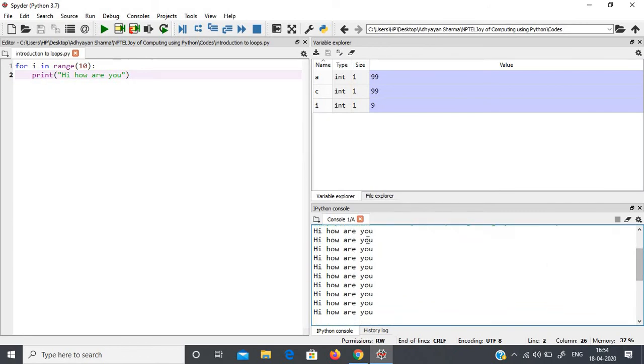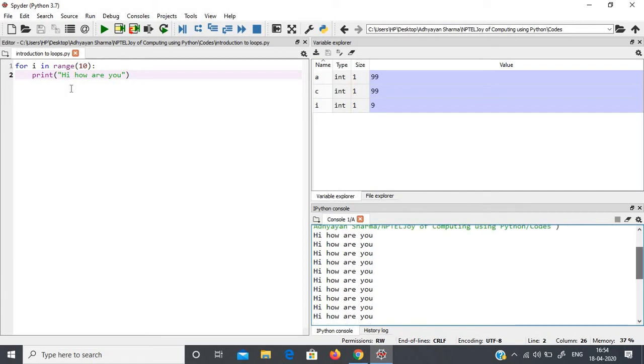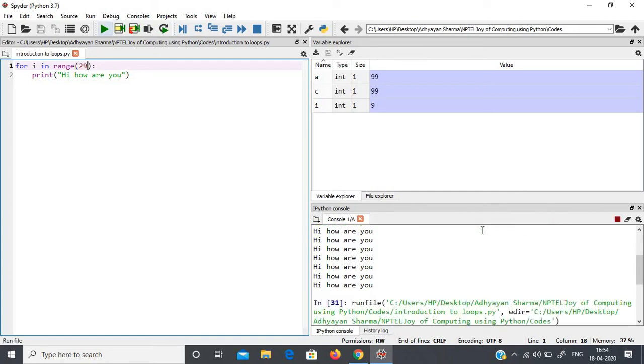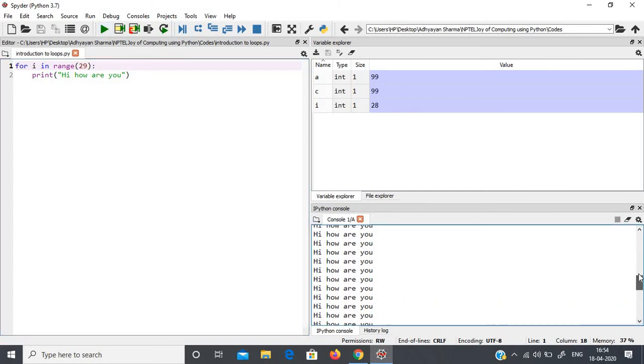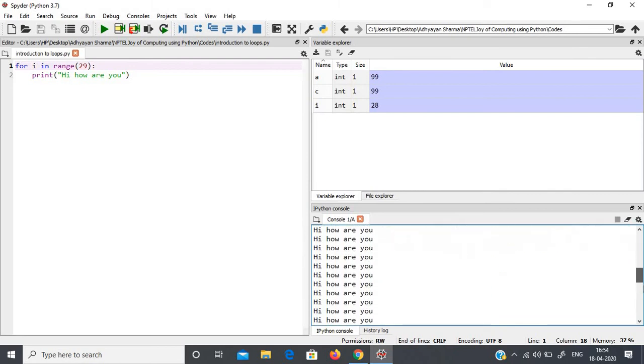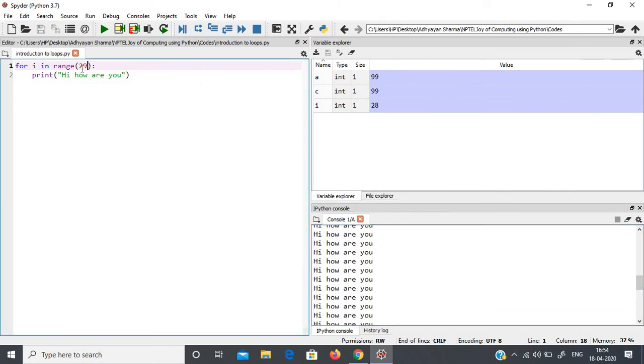With a loop you can display anything as many times as you want, even infinite times. Any number you can write here, for example I write 29, it will display 29 times. Whatever number you write here, that many times this text will appear in the console.